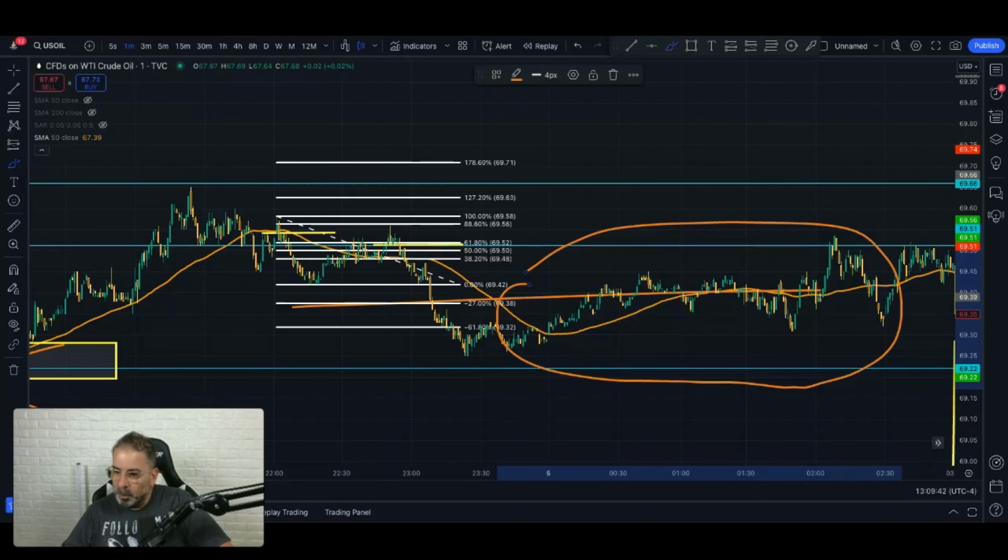Do you apply the strategy one at a time for the indices as well? You can do this on the indices, but I wanted to focus in on crude oil because crude oil does a pretty good job respecting levels, as you have seen on the bigger time frame, right? So we'll do some more of this stuff with the indices, but I just wanted to start with crude oil since the majority of the folks here are definitely trading crude oil as part of their repertoire.